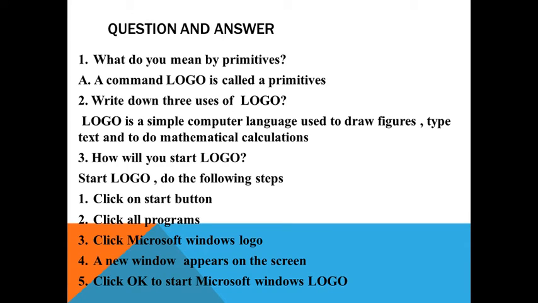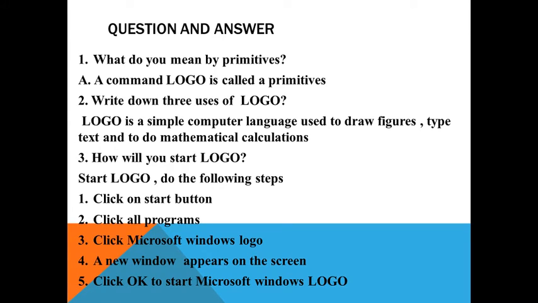You can write: drawing figures, drawing pictures, typing text, calculating on numbers, etc. on the computer. Or: Logo is the simple computer language used to draw figures, pictures, type text and to do mathematical calculations. You can give any answer in your own way.